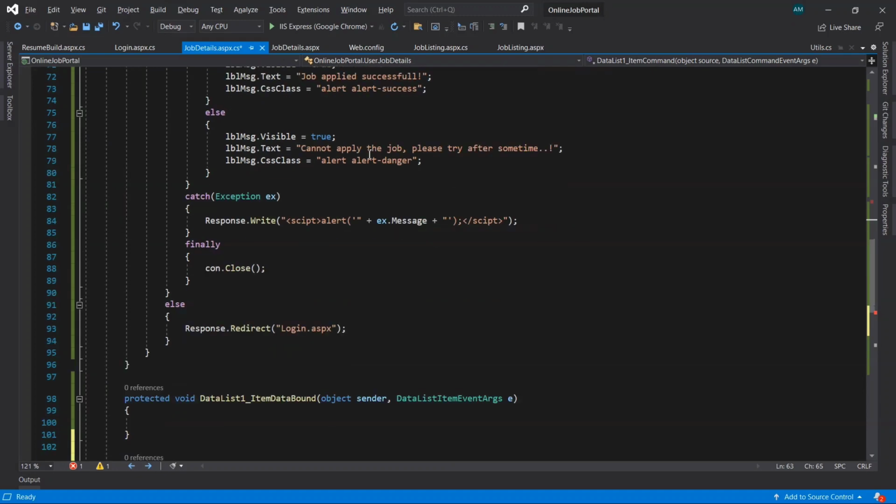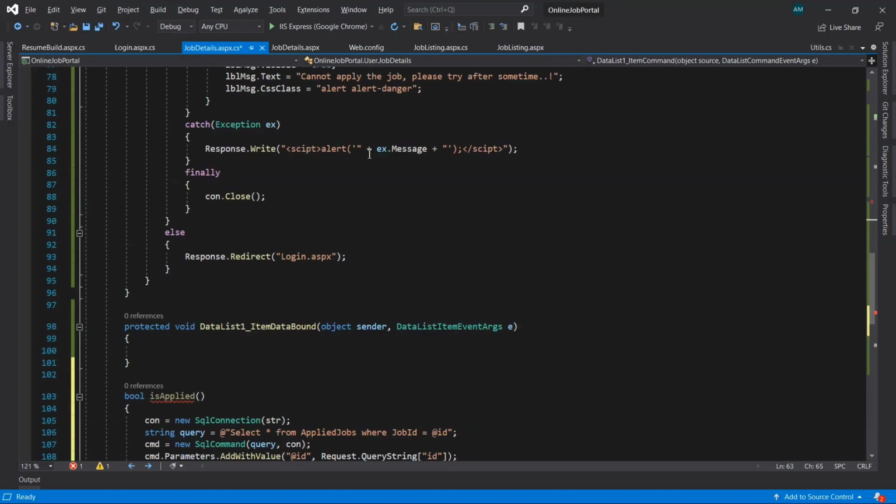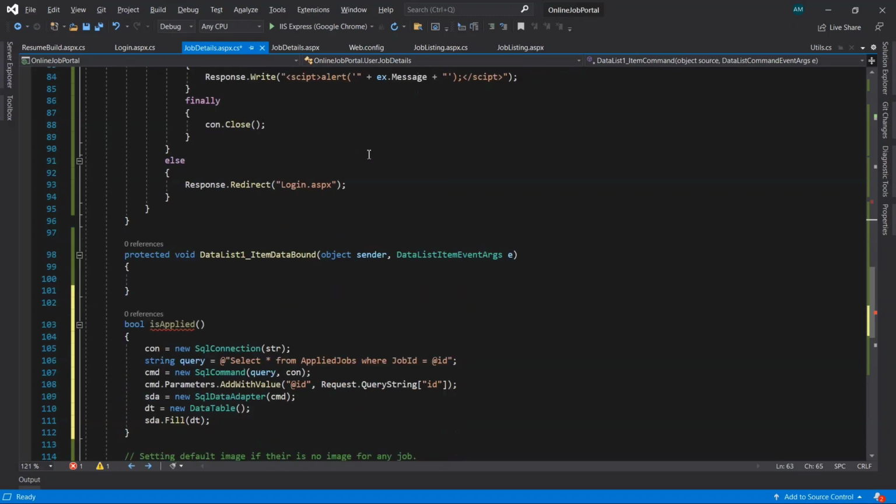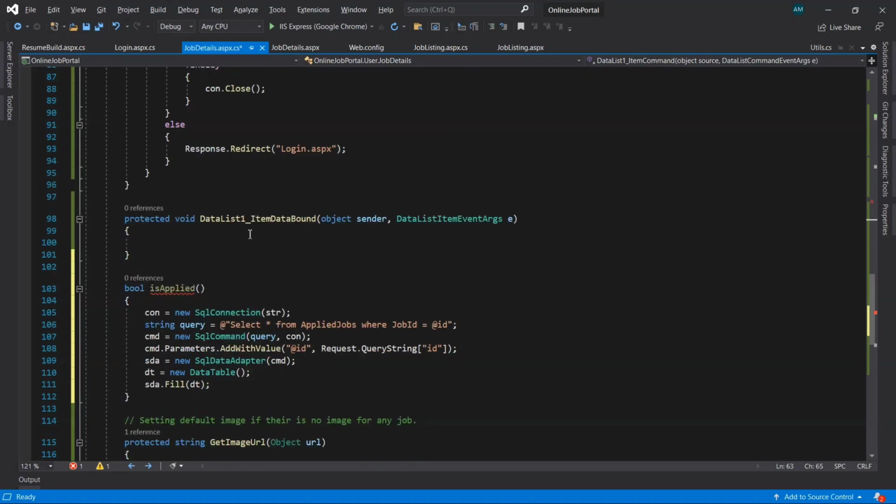Now we want to check whether this user has applied the existing job right now, so that job is applied by the user or not. So for that we're going to fetch the data from the applied job, right? So select star from applied job where the job ID and the user ID both we have to pass here.